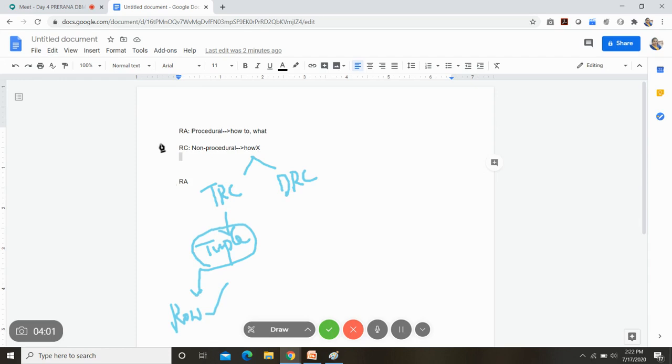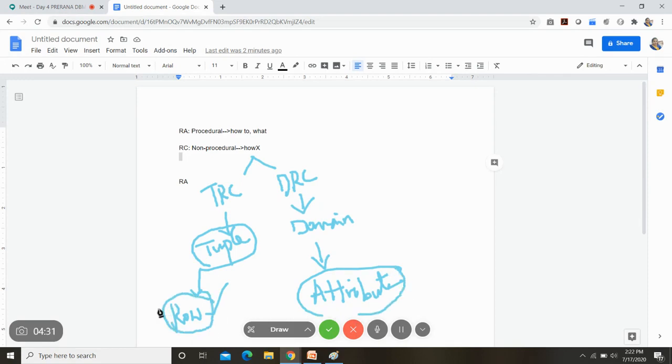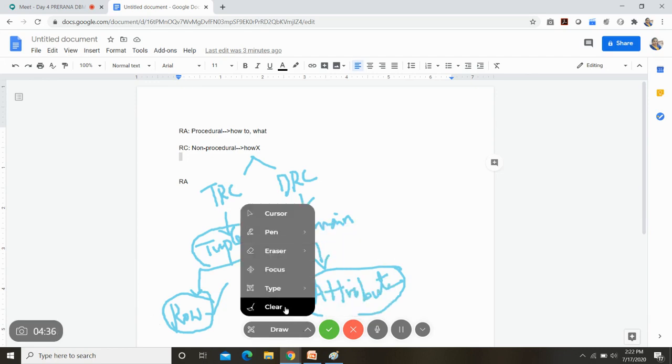If you wanted to retrieve a particular attribute, you will have to specify that explicitly; otherwise it concentrates only on the tuple. Whereas the domain relational calculus focuses on the domain of the data, that is, on retrieval of the attributes. So when you are writing the statements, we are specifying attributes in this case, and tuples or rows in TRC.